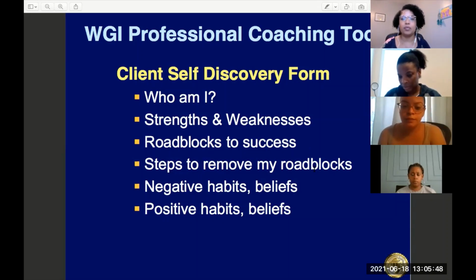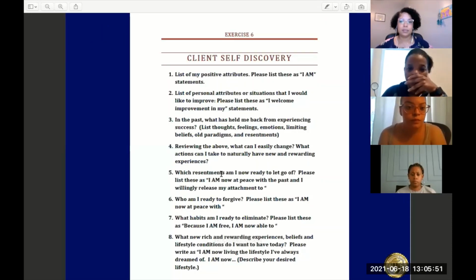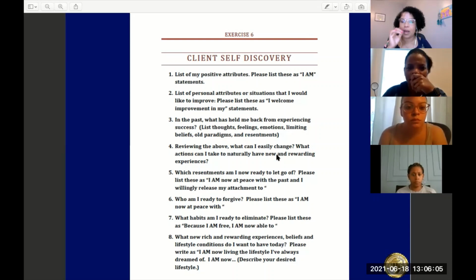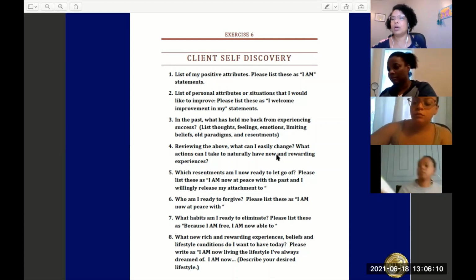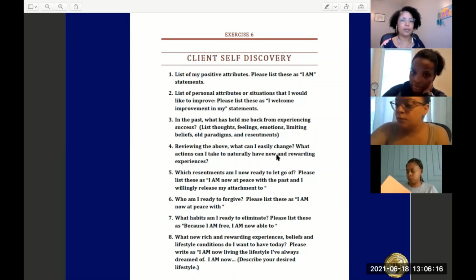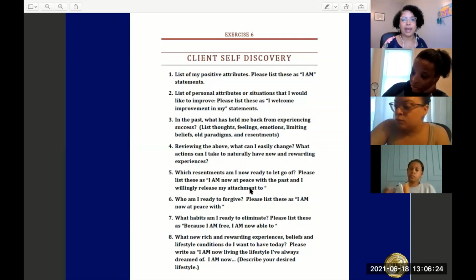I'm gonna bring up the form so you can see. Here it is. So one is, around this one, listing some of my personal attributes. And I would love to have you go through this exercise with me right now. Take a piece of paper out and just start jotting down all the thoughts that come up for you. And I'm going to do it with you. So some of your personal attributes in the I am, right? Saying them as I am.